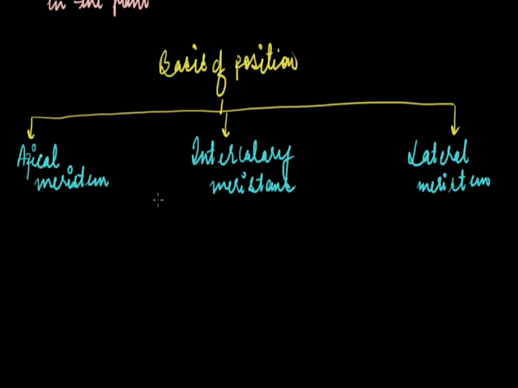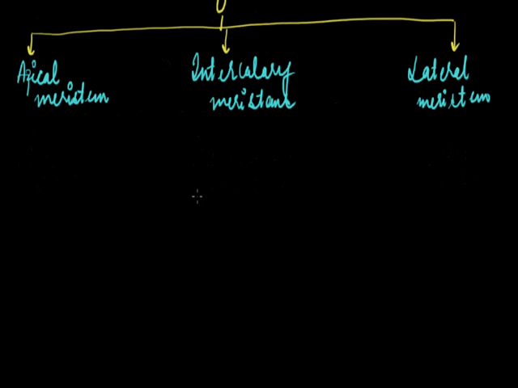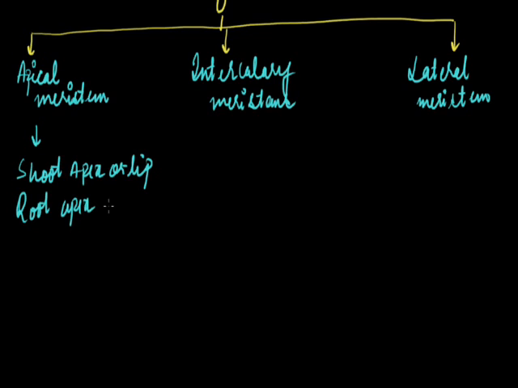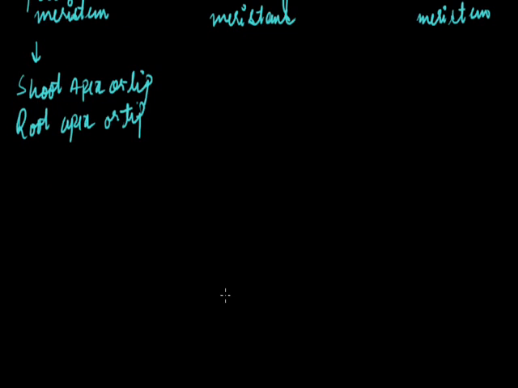Now coming on to the apical meristem, what are apical meristem? So we are discussing the position, so let me tell you where it is present. As the name suggests, apical meristem is present at the apex of the plant. Apex, shoot apex, or we can say shoot tip, or root apex or tip. Shoot tip or root tip. So apical meristem are present at the shoot tip or the root tip. Now what is the function of this? Cell division in this tissue leads to the elongation of the stem and root.